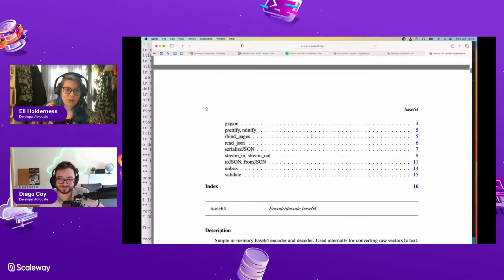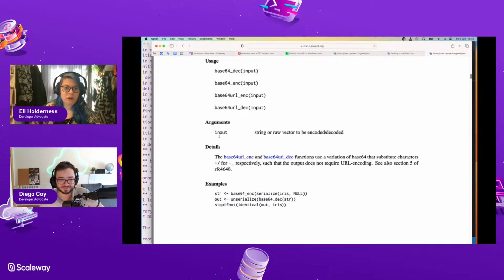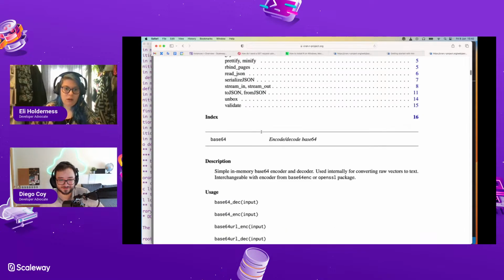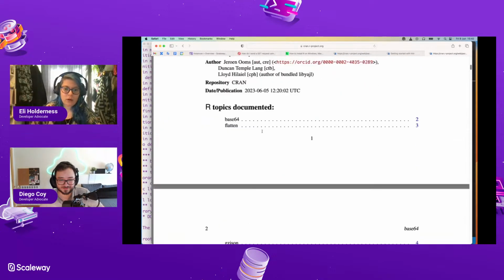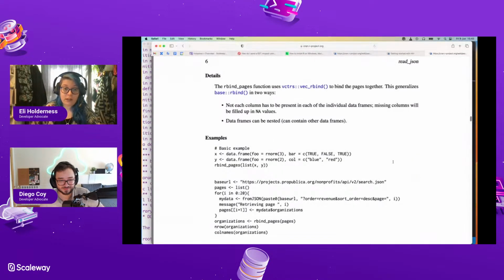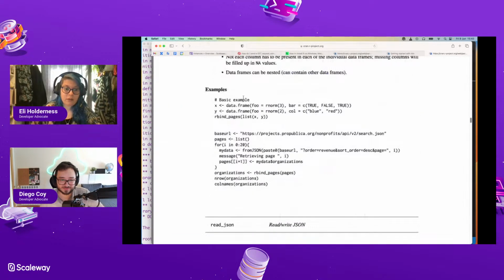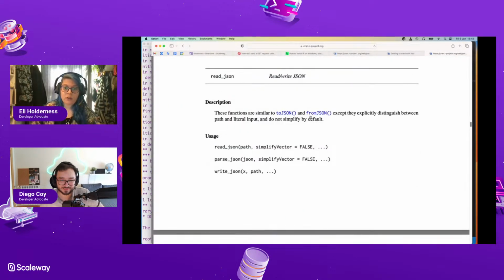So what I actually want to do is get some JSON in. I don't care about base 64. What I want to do is just read JSON out of content. Wait, where's read? Read JSON. There we go. To JSON explicitly distinguished. Do not simplify it by default.